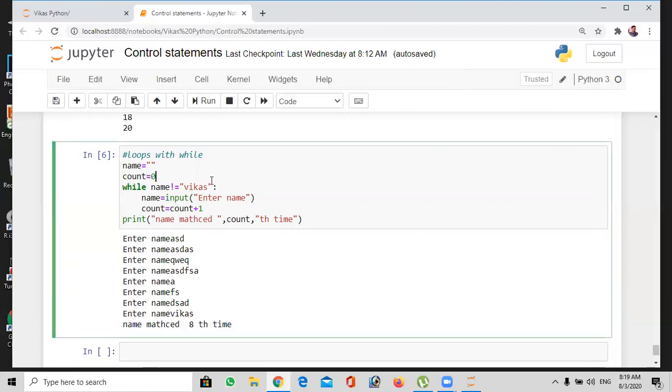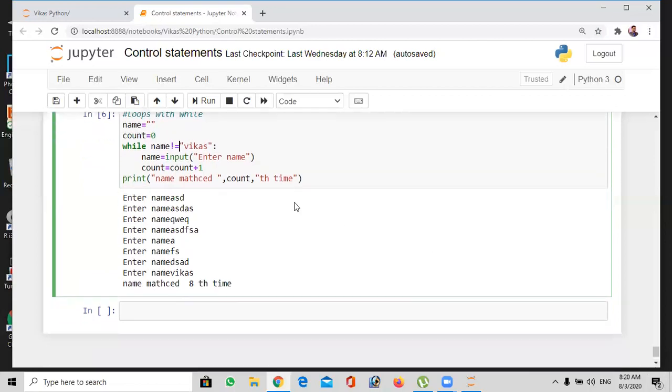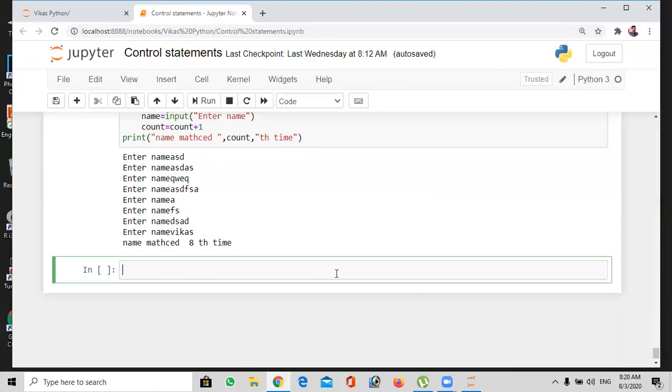So it's like a game. While running or creating games, while loops will be very helpful. In situations like this, the same concept is used to count while entering our passwords. When you try to enter a wrong password 3 times, it will ask you to wait for 3 minutes or 1 minute, and then it allows us to check the password again. So in those conditions, we'll use while loops.